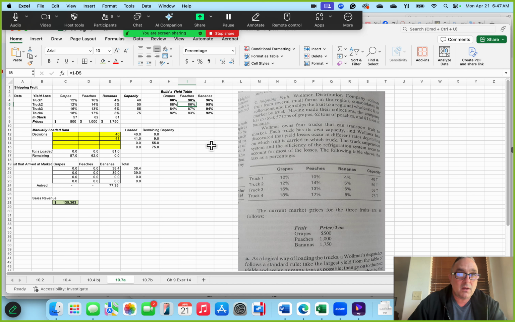Okay, so truck 2, my best remaining yield is this 88% of grapes. So I'm going to come over here to truck 2, and I can put 9 tons of grapes on there. Now truck 2 is full. So I'm going to finish bolding out truck 2. Now I'm down to truck 3. What's my best yield? Well, it's peaches now. So I'm going to say that peaches,